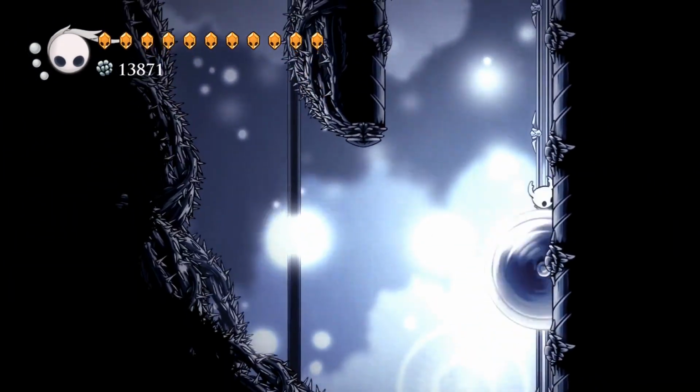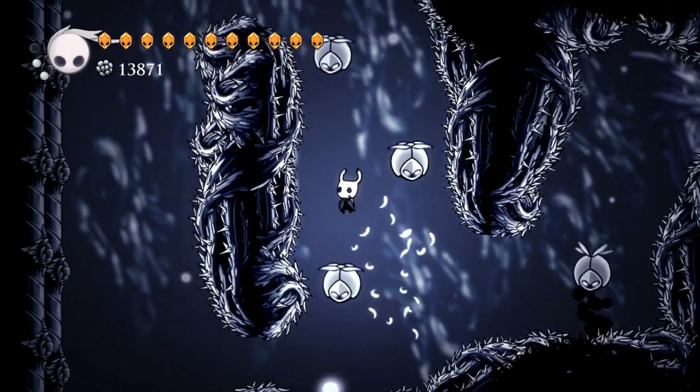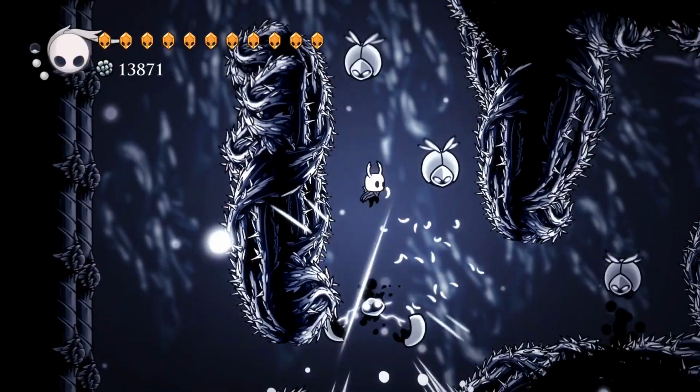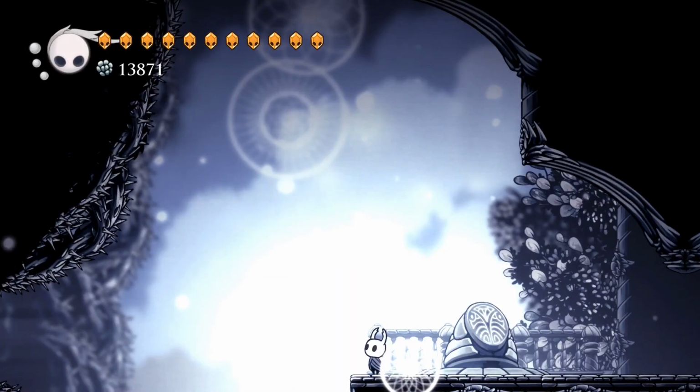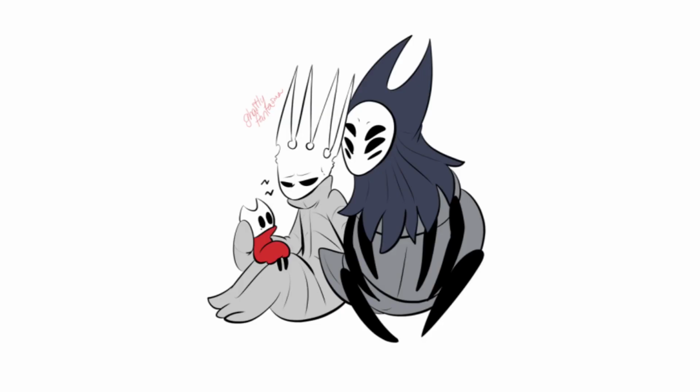It's subtle, but it's there. This symbolizes Hornet's connection to the Pale King, half-daughter of the royal family and princess protector of Hollow Nest.